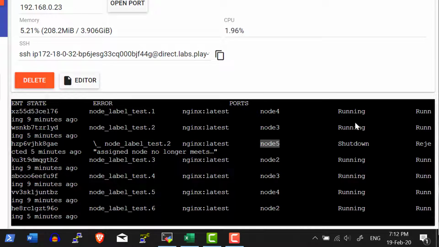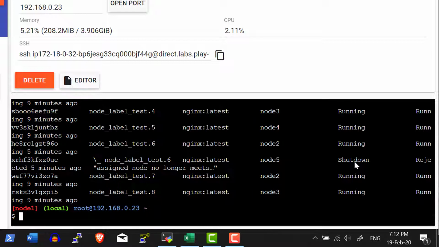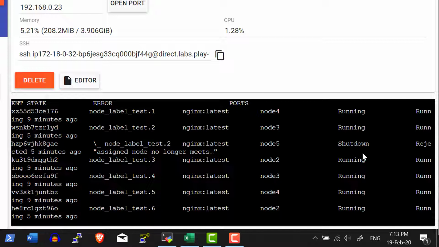And if I go ahead and see only the running containers, I will have 8. But when I removed the label for node 5, it would have got shut down and got started on a different node, and that will continue to run, because for the distributed service there is no mandate that it should get evenly distributed or started on all the nodes. So even after labeling node 5 again, the condition will continue to be met. So it did not start the task on node 5 like the global service, where there is a mandate to start one task per node.